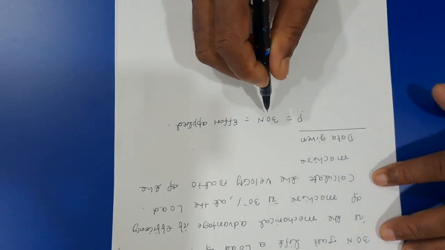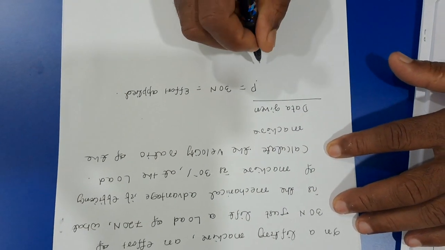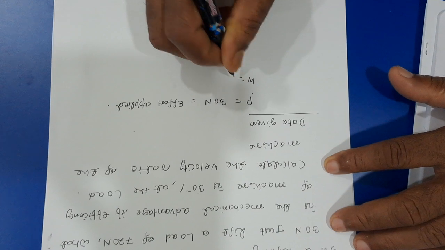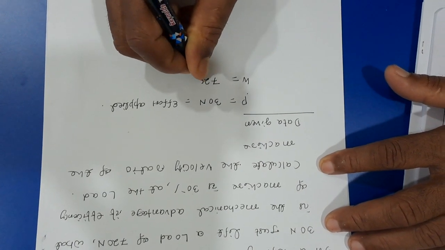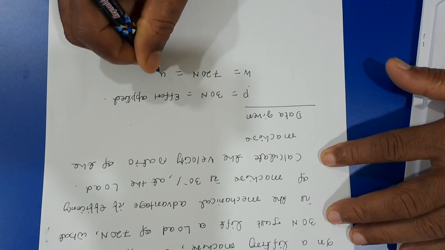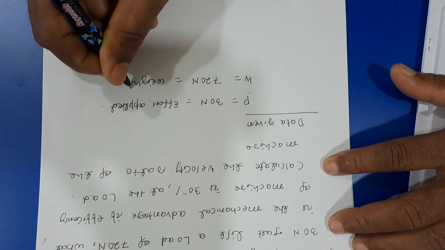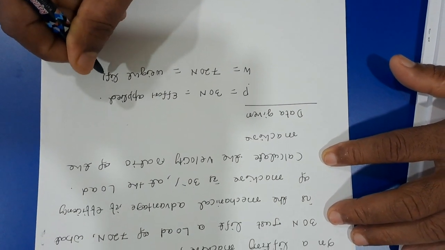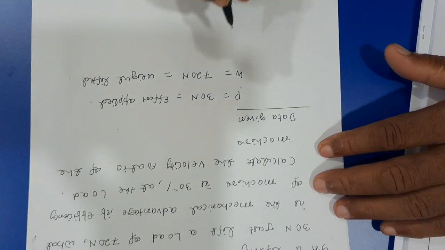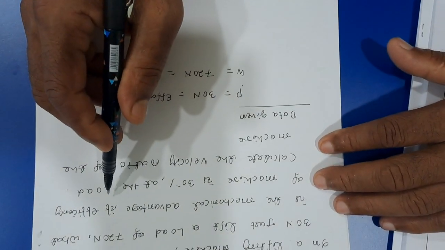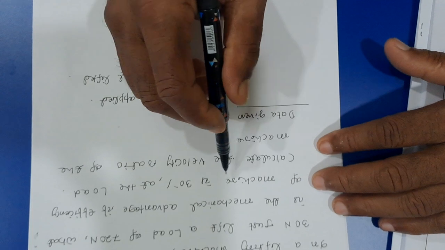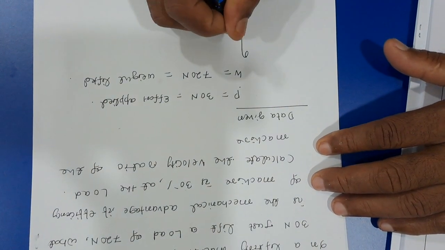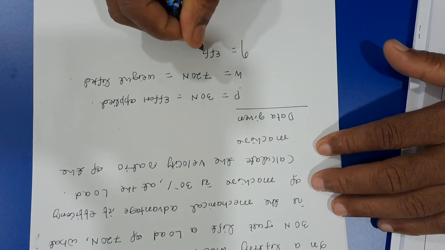Therefore P is equal to 30 Newton, effort applied. Then W is equal to 720 Newton, that is weight lifted. Then what is the mechanical advantage if the efficiency of a machine is 30%? This is the efficiency